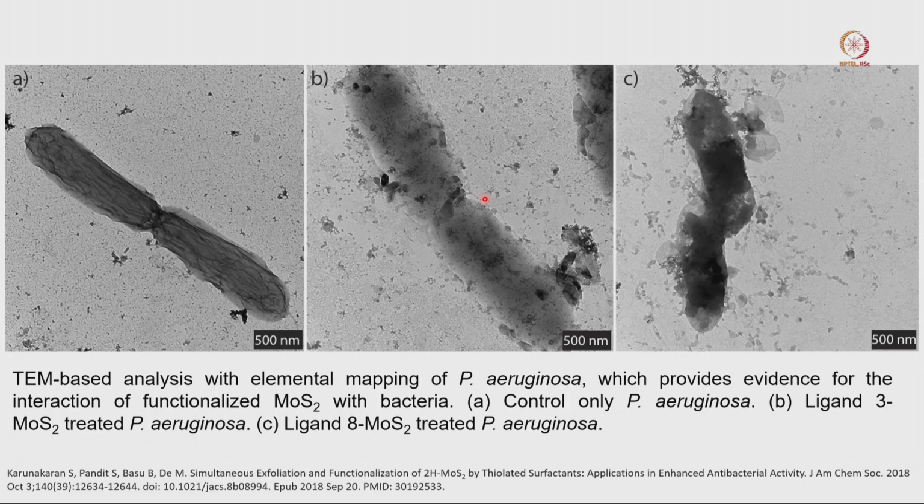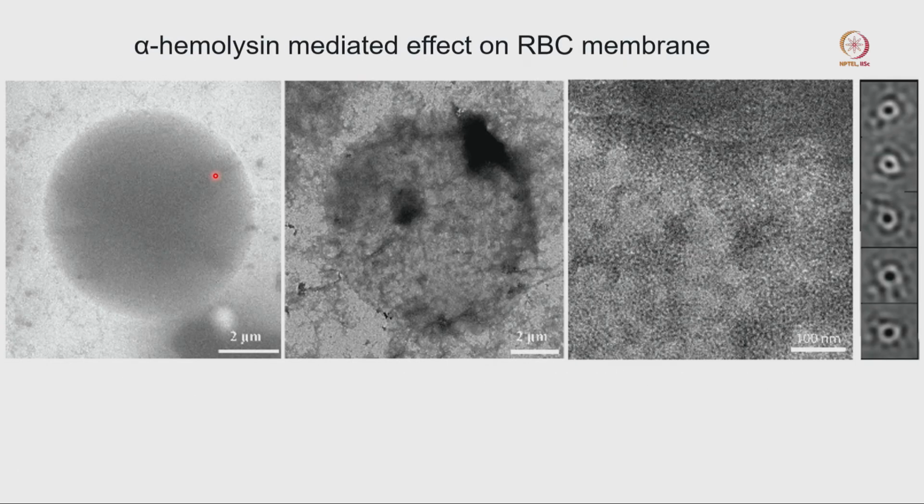The membrane was severely damaged, and in both cases you can see how the bacterial shape and size are changed because of this particular chemical. So here also you can do negative staining TEM images. It is a dry condition, room temperature TEM, but you can make a lot of conclusions and get a lot of useful data from these TEM images.